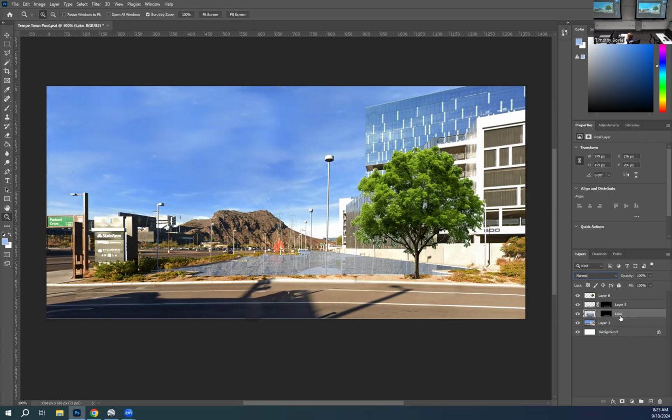That's the lake, and this is the reflection. So I'm going to start, I want to make this just also pop a little bit more. So I'm going to start with the reflection,